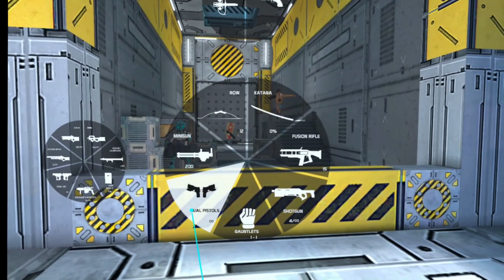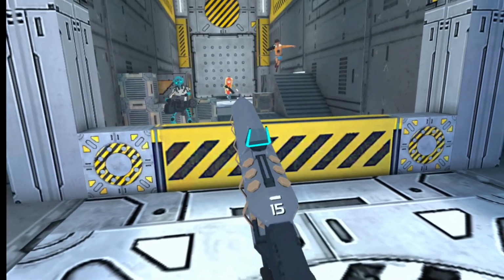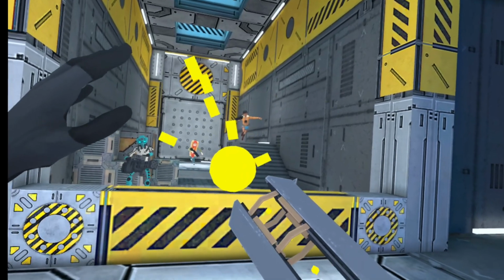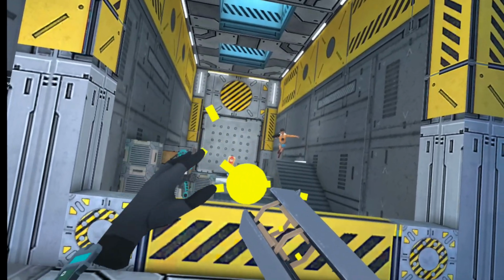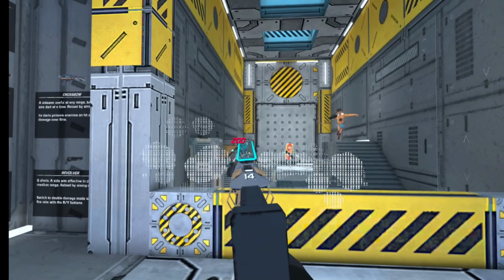Okay, let me see which one we haven't done yet. Fusion rifle. Okay, let's do that. Now this one, when you squeeze the trigger, you get this ball of energy up here. And in settings, where I talked about in the first video, you can actually change that color. But the longer you hold it, it gets big. And then you just aim and...